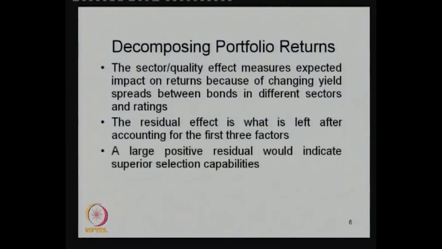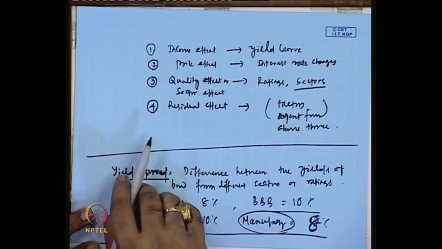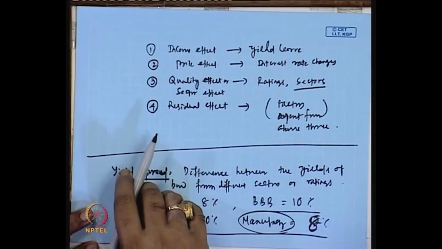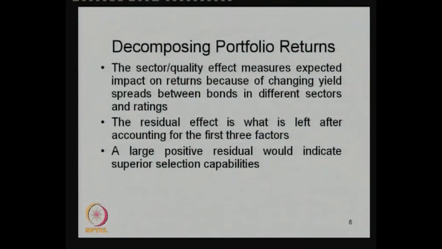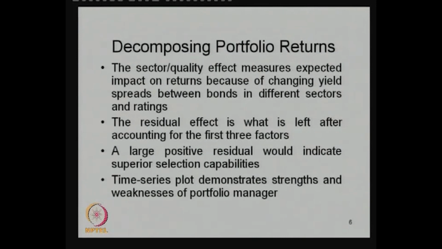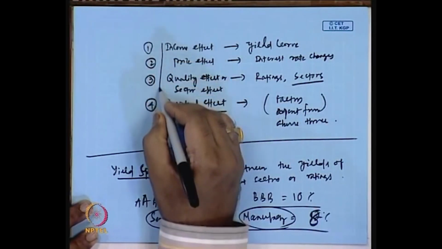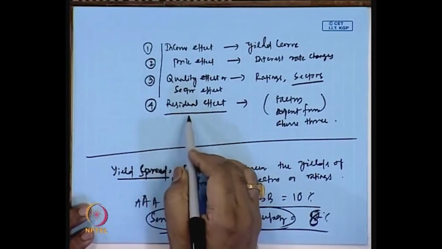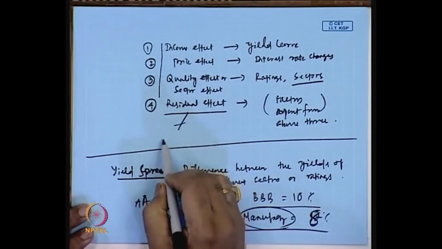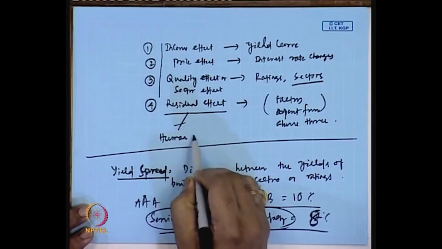So, these are the things we should always talk about. If you talk about the residual effect, a large positive residual would indicate superior selection capabilities, and the time series plot demonstrates the strengths and weaknesses of the portfolio manager. That means if the residual effect is quite strong, quite positive, then the role of the manager comes into the picture. It is because the residual effect is also determined sometimes by human factors,